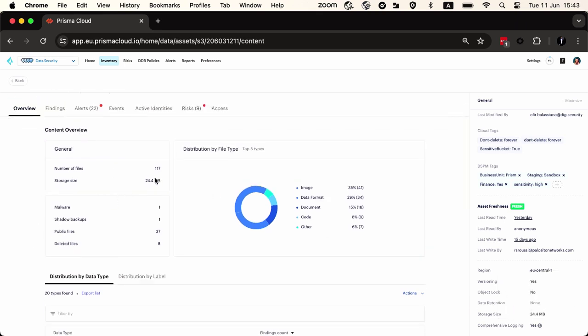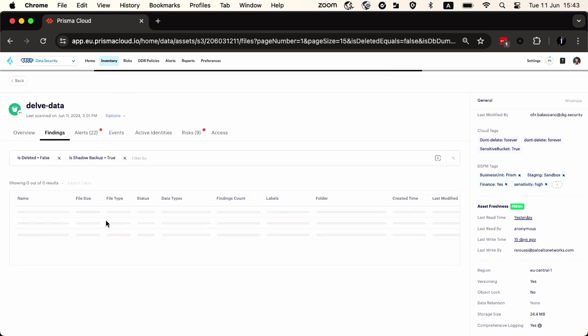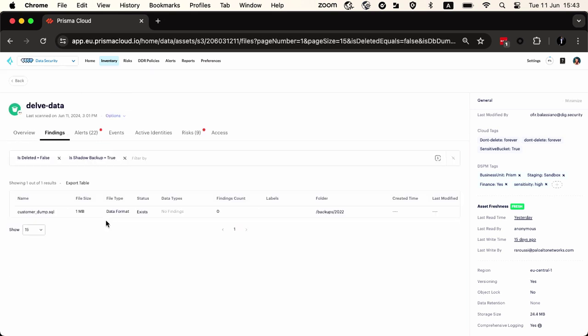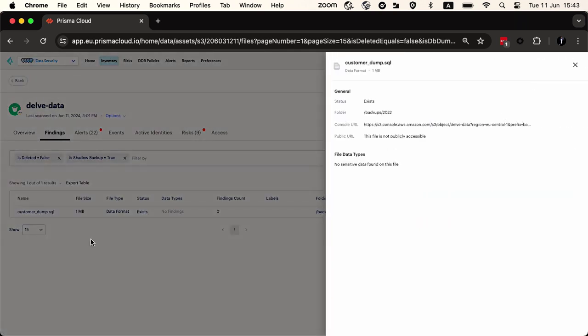So this is a bucket, so unstructured data stores. We have files inside. Do we have any type of malware in the environment? Palo Alto has Wildfire. We analyze each type of file in any type of bucket, whether it is in O365, an unstructured data store, an NFS, EFS, doesn't really matter. We'll analyze the information. Do we have any types of database backups in place? SQL dumps, backup files, RDB dumps, any type of backups that we're able to find across the customer's environments. We call these shadow backups because usually they're high-value targets, but no one knows that they exist.